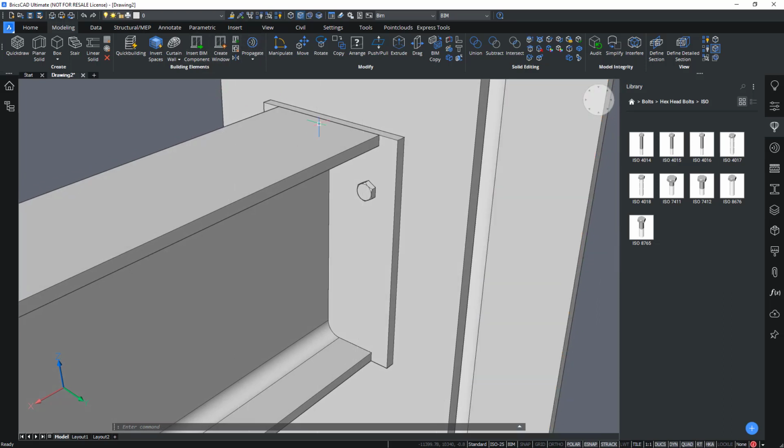Now again, we'll use propagate to copy this over this plate. So remember, in the beginning of the exercise where we copied the column over the base solid or the base slab, we had the option of using the BIM grid, similar locations, or grid. If I now use propagate on this plate here and choose my bolt as detail object,